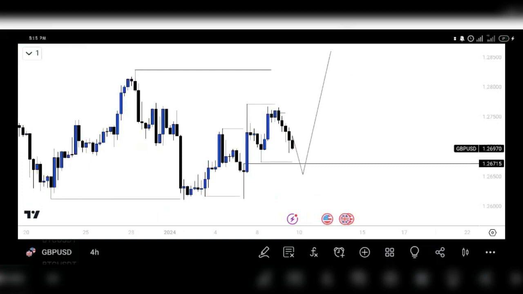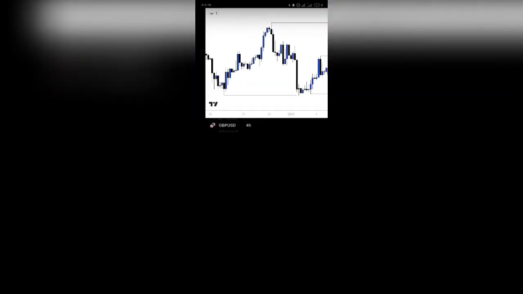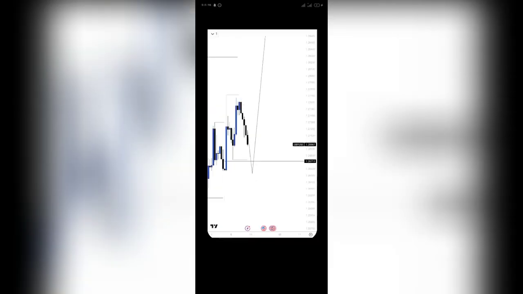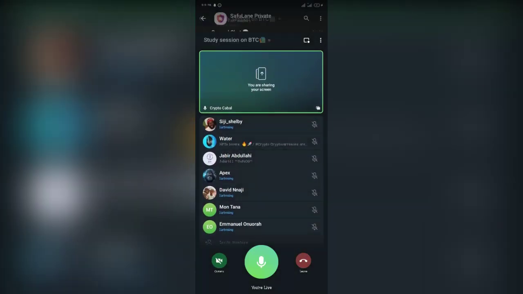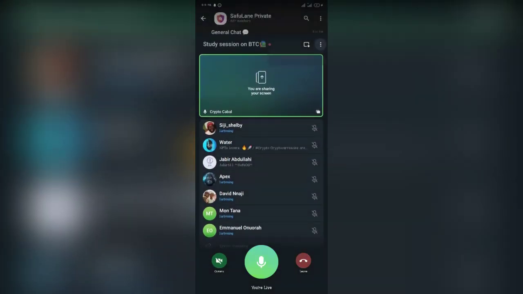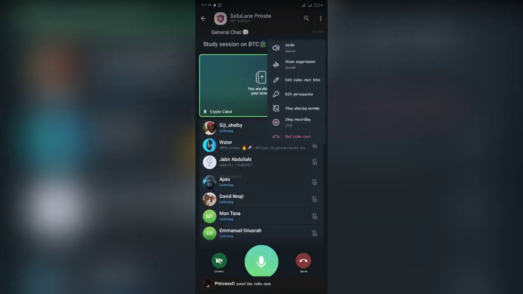So you can see that when we carry out an analysis, we don't really need much. You don't really need much. Most of the times when you actually have much at your disposal,